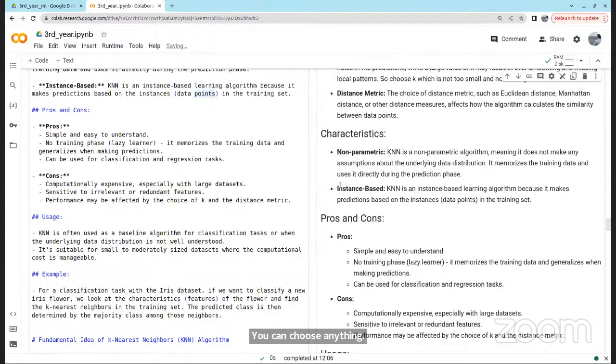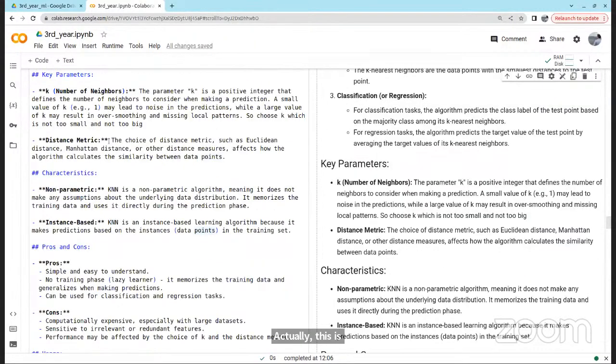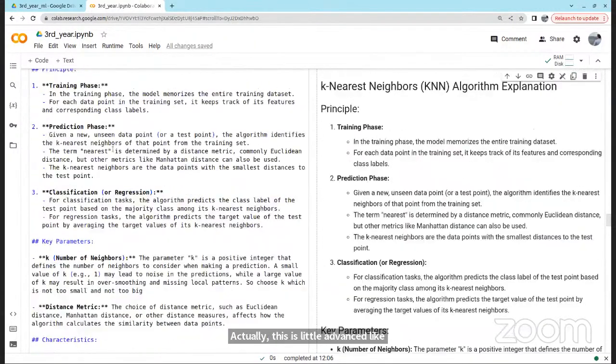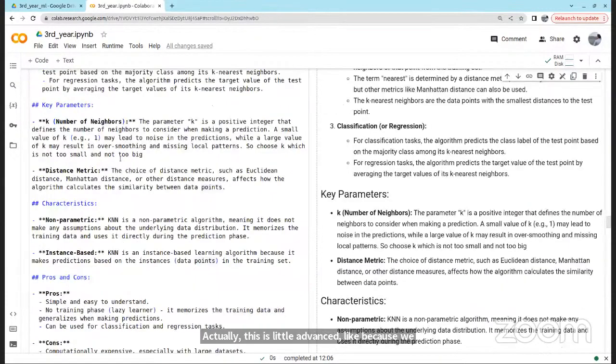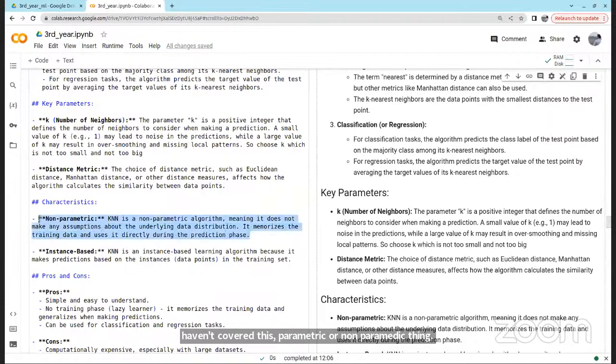Other characteristics of KNN: it is non-parametric. KNN is a non-parametric algorithm, meaning it does not make any assumption about the underlying data distribution. It memorizes the training data and uses it directly during the prediction phase. Actually, this is a little advanced because we haven't covered parametric and non-parametric yet. So let's remove this for now.